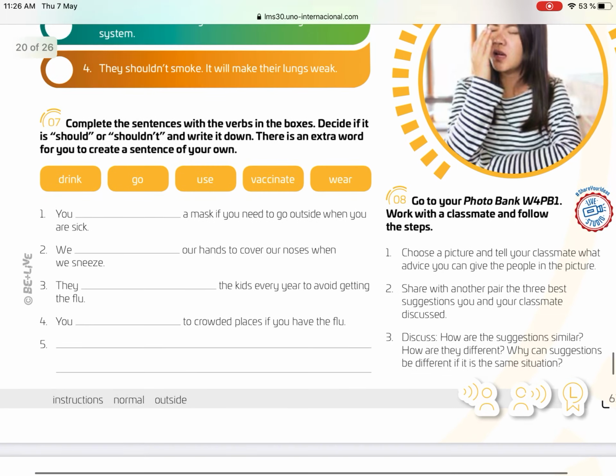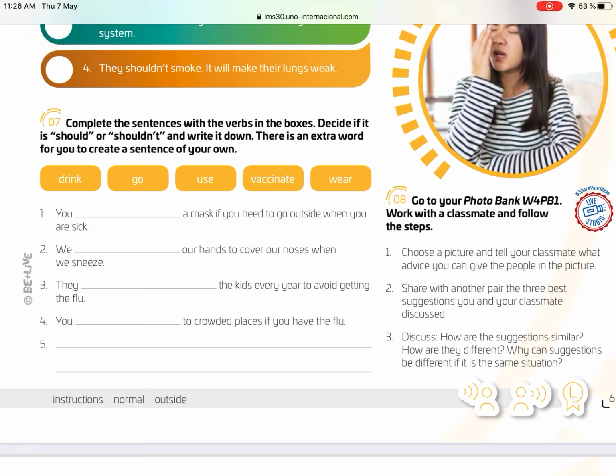Number 7, complete the sentences with the verbs in the boxes. Decide if it should or shouldn't and write it down. There is an extra word for you to create a sentence of your own. Drink, go, use, vaccinate, wear. Those words, you just have to organize there, in the blanks. But remember that you should write should or shouldn't together with those words we have in the boxes. Also we have to develop page